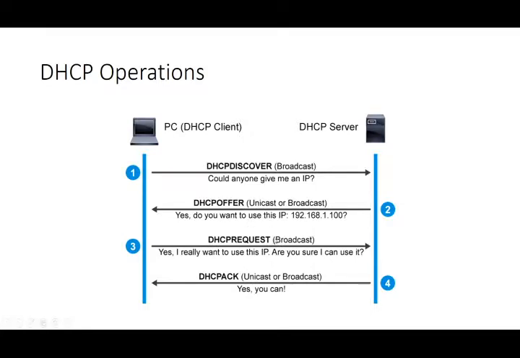When the laptop receives the DHCP offer, it responds with the DHCP request broadcast message to accept. This is actually a confirmation request to verify that it can really use the IP address contained in the offer. The process is not complete until the laptop receives an acknowledgment from the server,